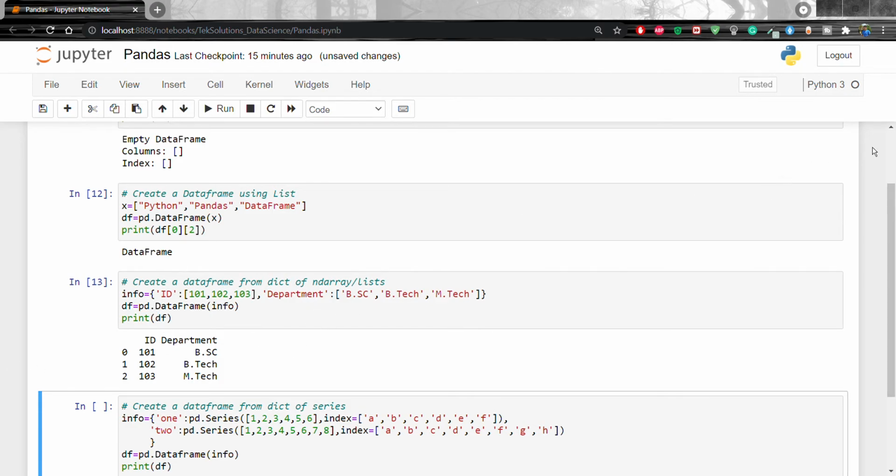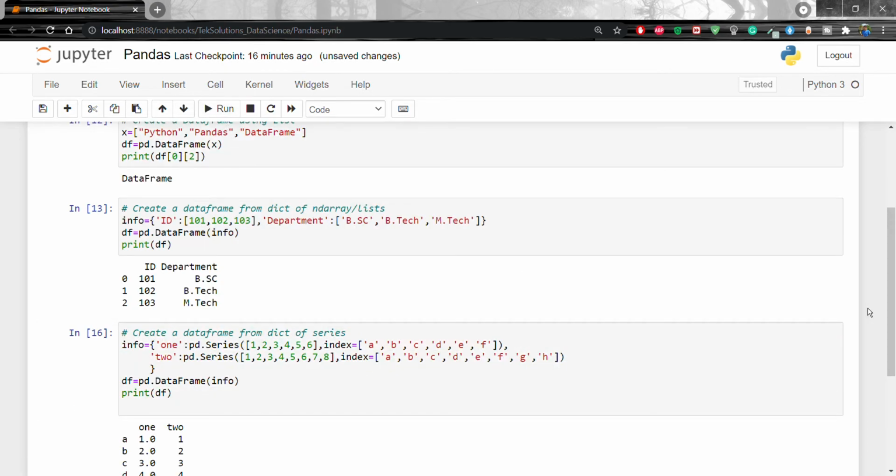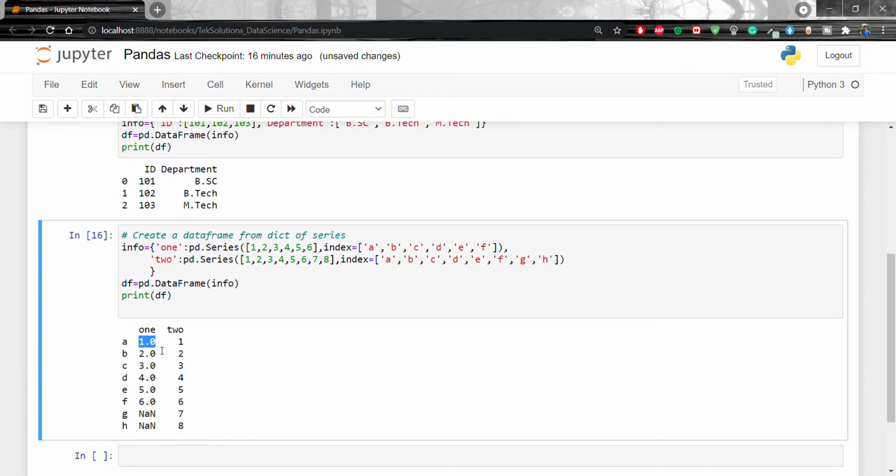Okay, so what will happen here? Now I'm going to create a DataFrame for the dictionary of series. So A is 1.0, B is 2.0, C is 3.0, D is 4.0, 5.0, 6.0. Okay, like that it will create. So let's run this one, right? A 1.0, 2.0, 3.0, 4, 5, 6. And for this one, why is this NaN?